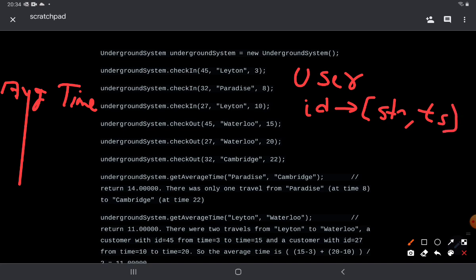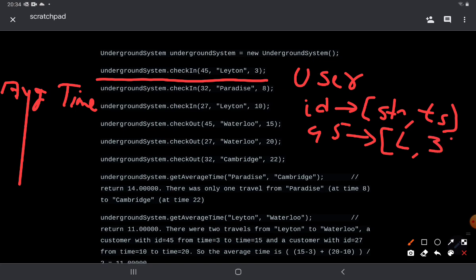So when, as they have given in the example, a user with ID 45 checks into the station Leeton at time 3, our map would contain an entry like 45, and the station is Leeton, and the timestamp at which the user checked in is 3.